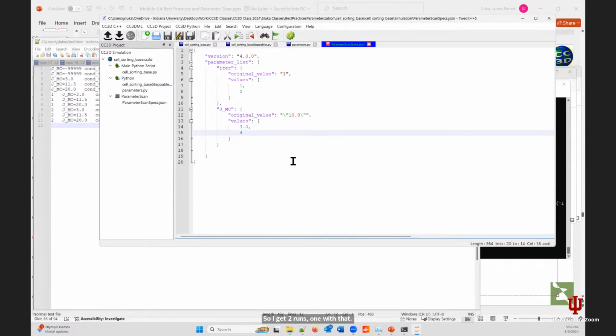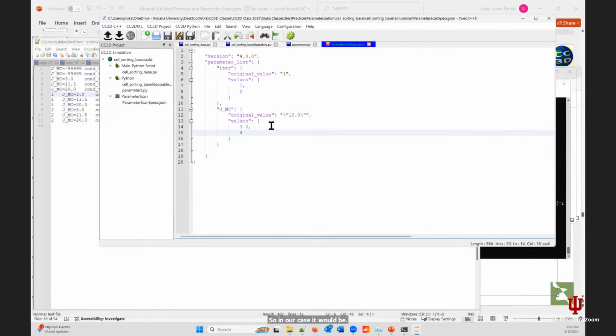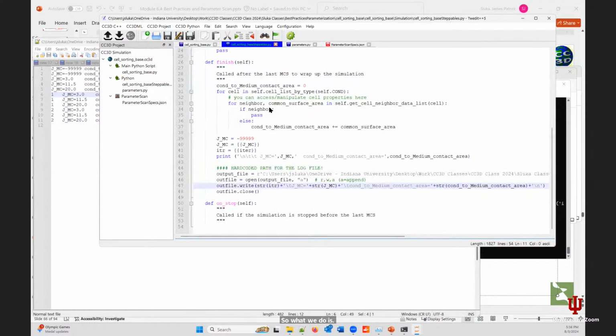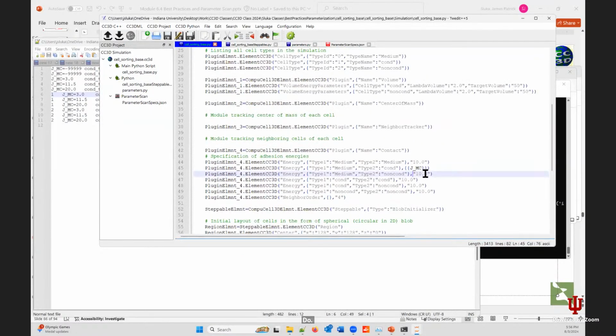The sensitivity of the model to the parameter is the change in the model output divided by the change in the parameter. No, upside down. Change in the model output over change in the parameter. So in our case, it would be this value. How much does this value change per unit change in this value? Usually you normalize those values, but you don't have to. So what we do is, you don't want to edit it that way. What we could do, if we wanted to compare sensitivities of different J values,